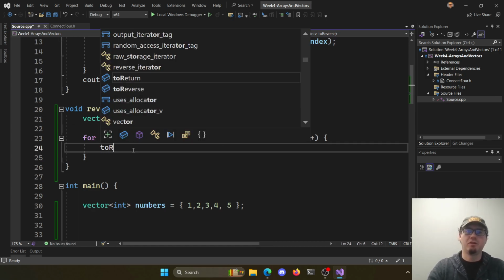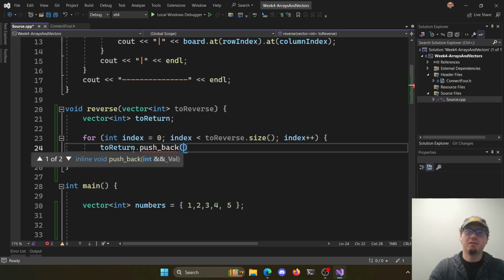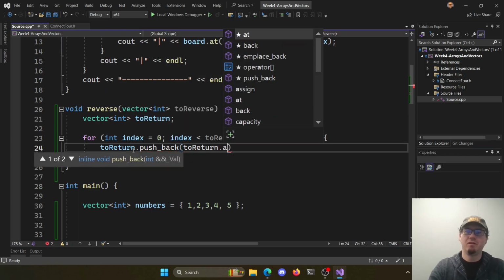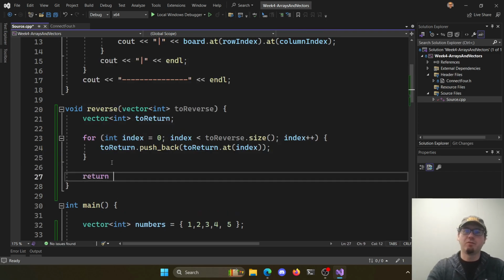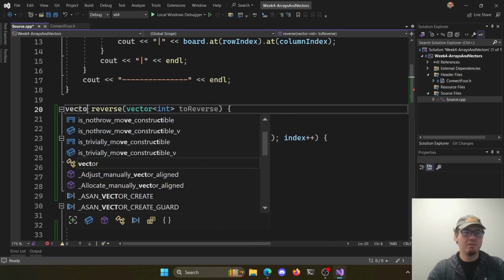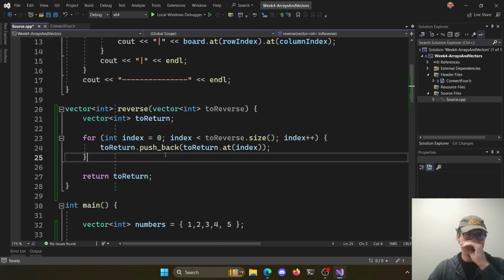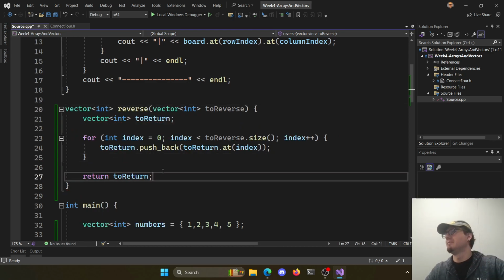And we could take to return, and we just push back to reverse at the index. When we're done, we can return the to return vector. This is the lazy way, right? Oops, not a void. This would be a vector of type int. So we could return it. But now, if I pass it a really big vector, I have double that in memory now,